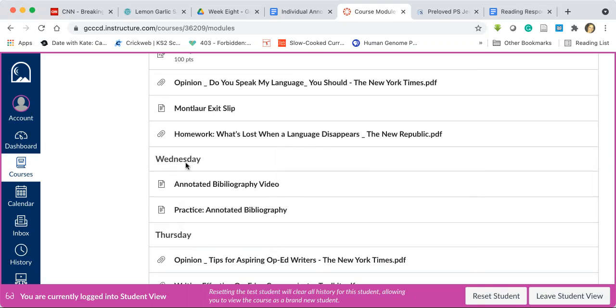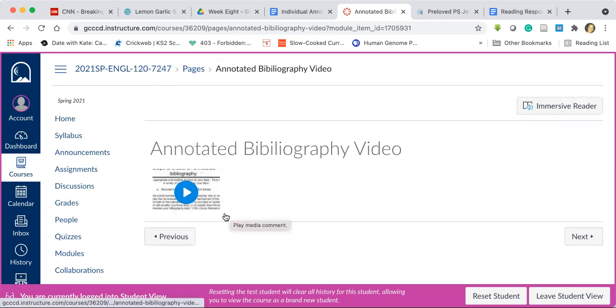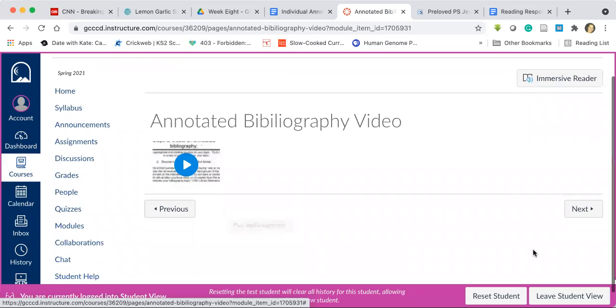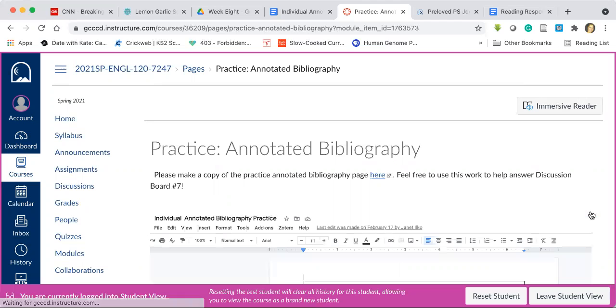So what I'd like you to do, I'm still going to have everything under Wednesday because that's where we would have completed the work. So I want you to access this video on annotated bibliography, just a quick overview of what an annotated bibliography is to give you a little background. And then what I'm going to have you do is do a little practice. Okay, so once you know what it is, I would like you to make a copy of this practice page